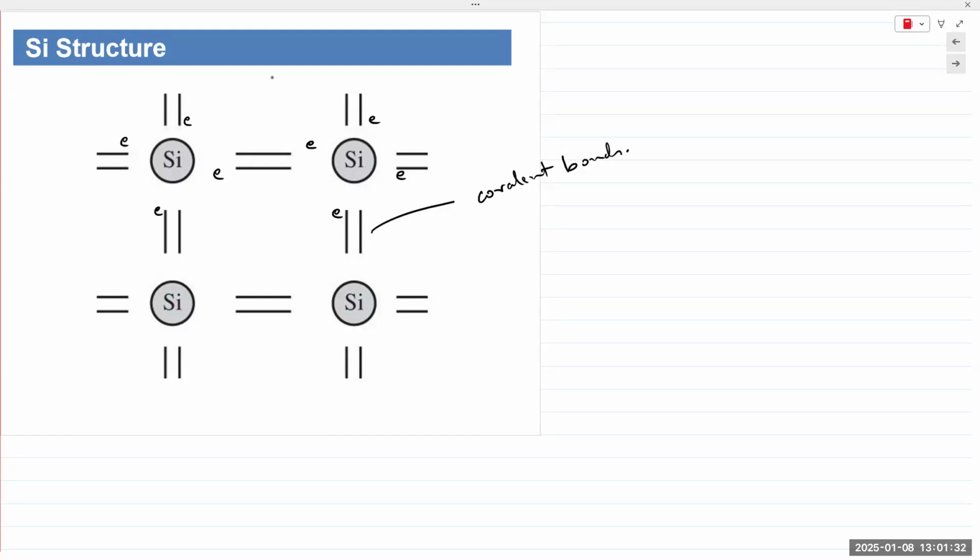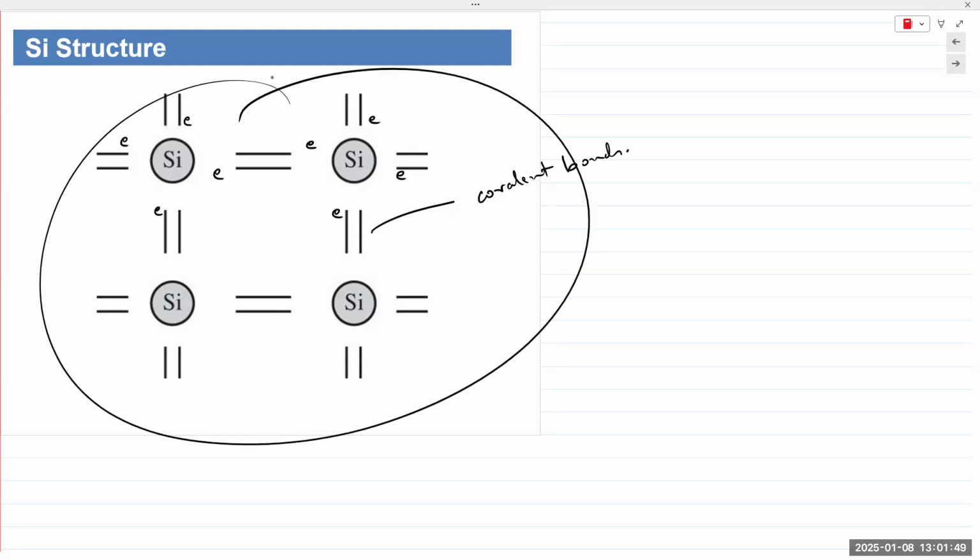But as the temperature rises from 0 Kelvin, it goes to 5, 10, 15, 20, 100, 200, 250, 270, 300 Kelvin. As the temperature rises from 0 Kelvin, energy is imparted, and some of the electrons acquire enough thermal energy that they break these covalent bonds at some temperature levels higher than absolute zero. The electrons,